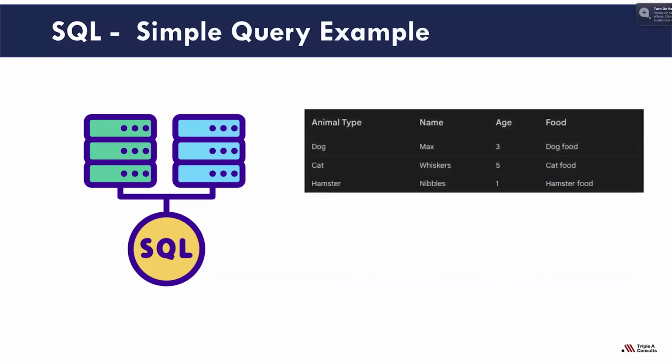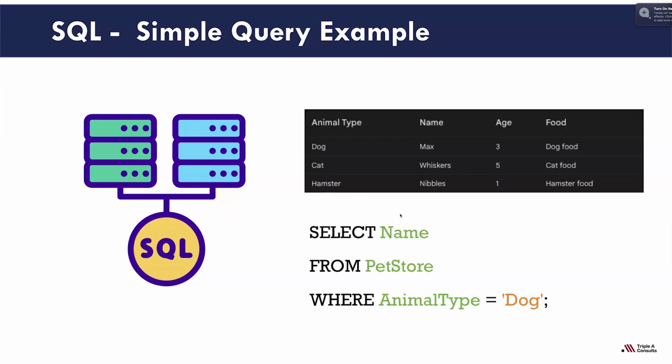One second, please. Now, here's an example of SQL that I wanted to show you, of how a query is run on data that you probably would have noticed, right? Here's a table. It shows you rows and columns, and you have animal type, cat, dog, hamster, and probably the name of that animal, the age of those animals, and probably the kind of food they eat, right? And if I have to run an SQL statement, that's why I told you that it's a basic English language that you just need to understand.